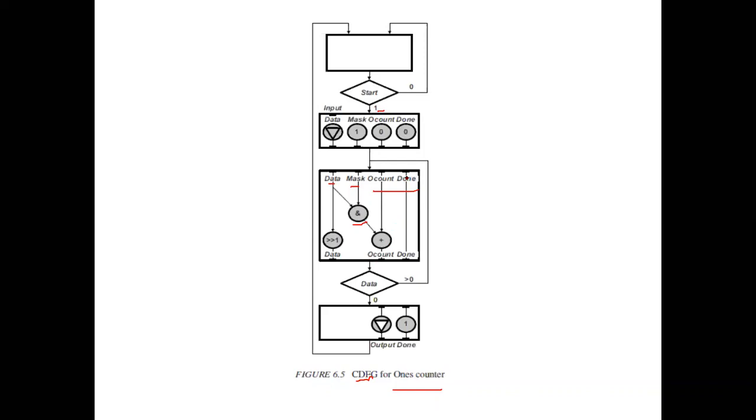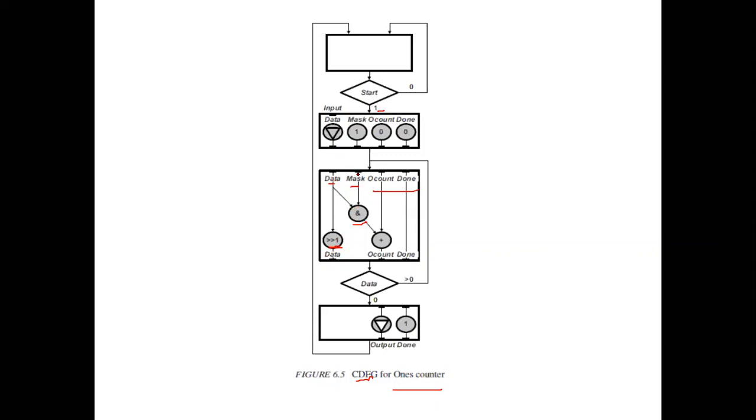Okay. Then this line is whatever the done signal is, that will be given as the output of this particular block. Done is the same. We are not changing the done. Done is initially 0, so that 0 value will be passed as 0 over here. And we will again check. There is one more operation in the block, that is data will be modified as data right shifted by one position. If it is 0 0 0 0 1, then this will right shift that particular data by one position. Is it clear?